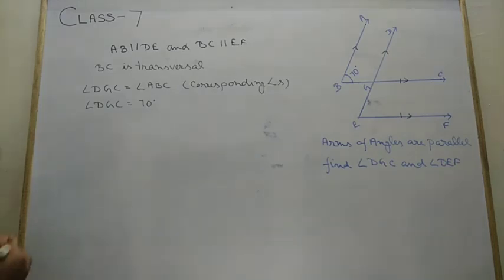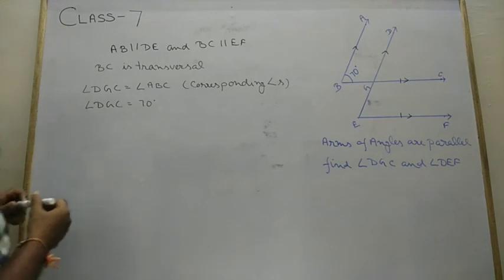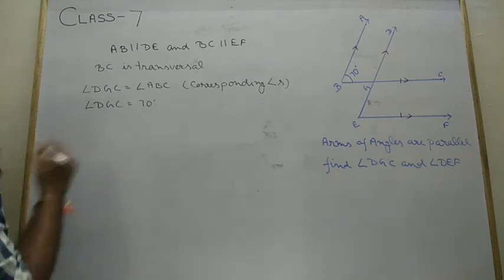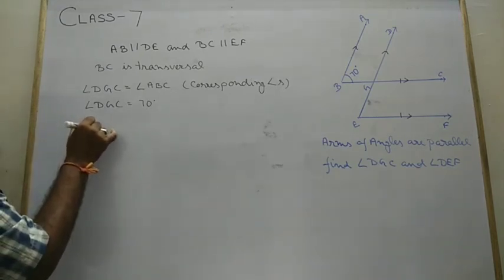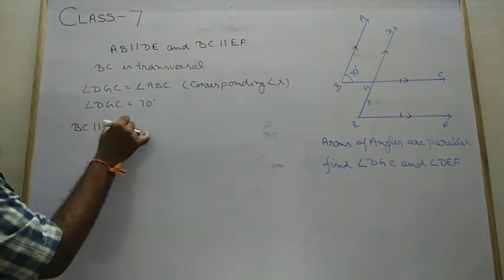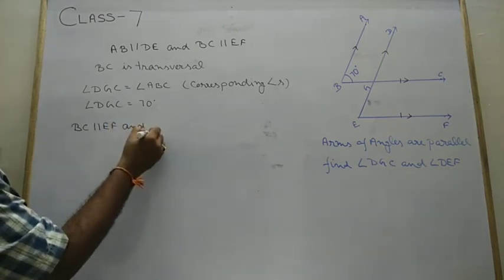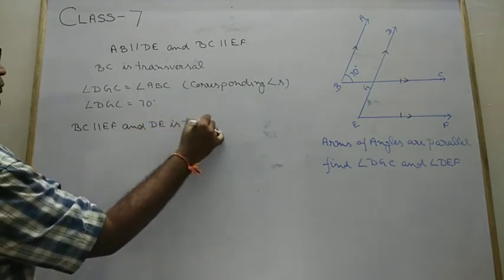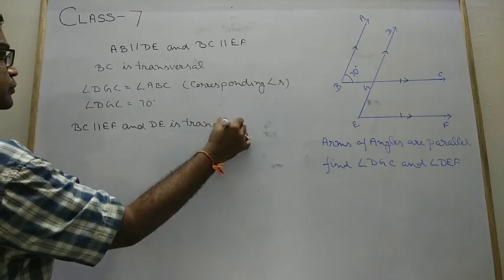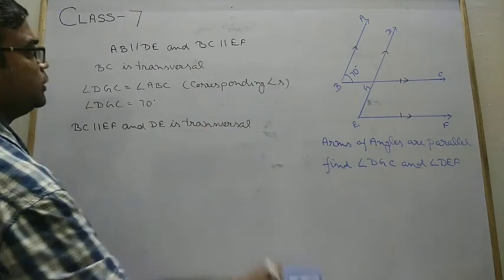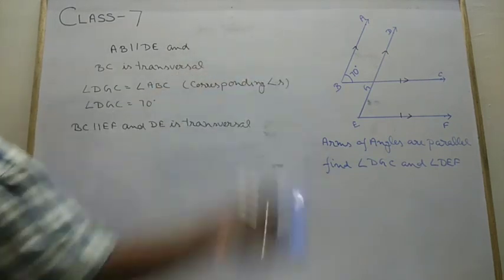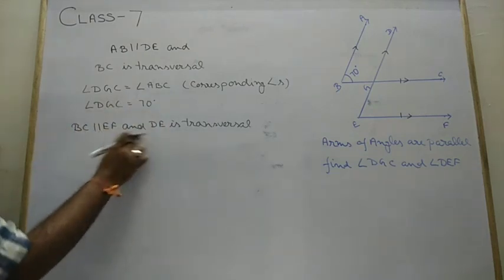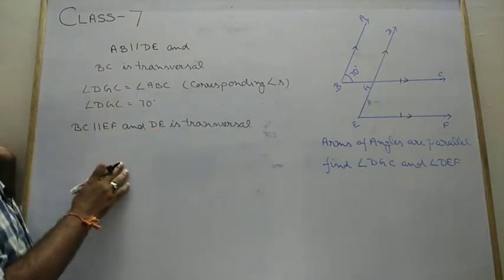DEF. As we know, here DE is a transversal. We can write down BC parallel to EF and DE transversal. Need not write this one. Clear? AB parallel to DE and BC is a transversal for this one. BC parallel to EF and DE is a transversal. For this, we are going to write down